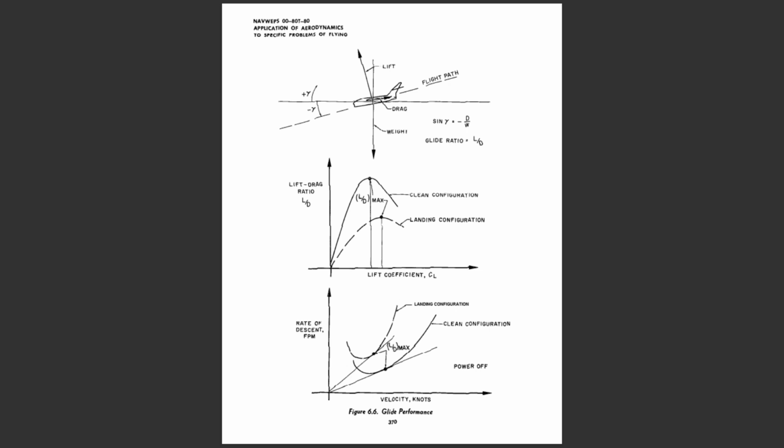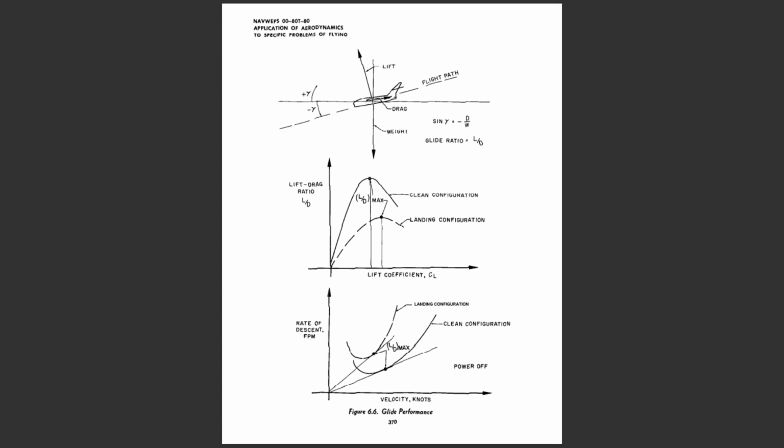However, if L/D max is maintained, the glide angle and glide ratio are identical to the low altitude conditions. The effect of configuration has been noted previously in that the addition of parasite drag by flaps, landing gear, speed brakes, external stores, etc. will reduce the maximum lift-to-drag ratio and cause a reduction of glide ratio. In the case where glide distance is of great importance, the airplane must be maintained in the clean configuration and